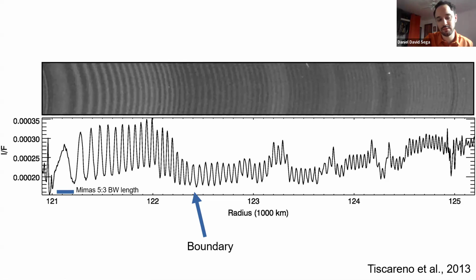And this is what we think is what's called the inner A ring, because the location of this is very close to the inner A ring. There's a sudden slight ramp in sigma called the Cassini ramp, because we're moving away from the Cassini division and into the A ring. And then there's kind of a sharp edge. And this is actually a sharp edge in sigma. It's very interesting that you can see it in the wave itself.